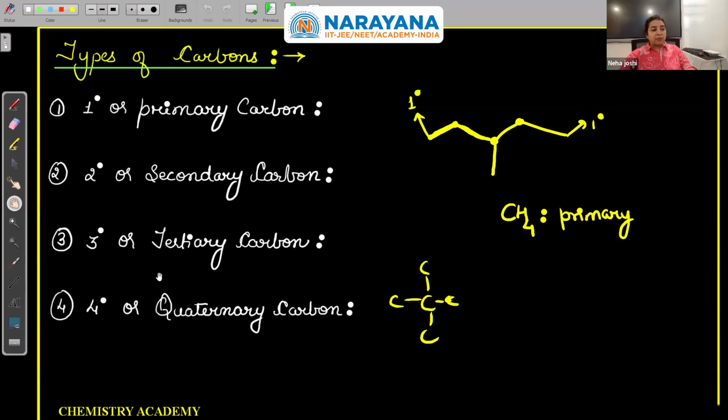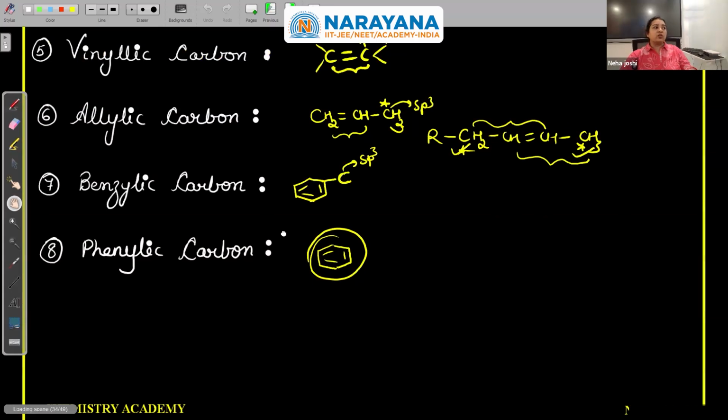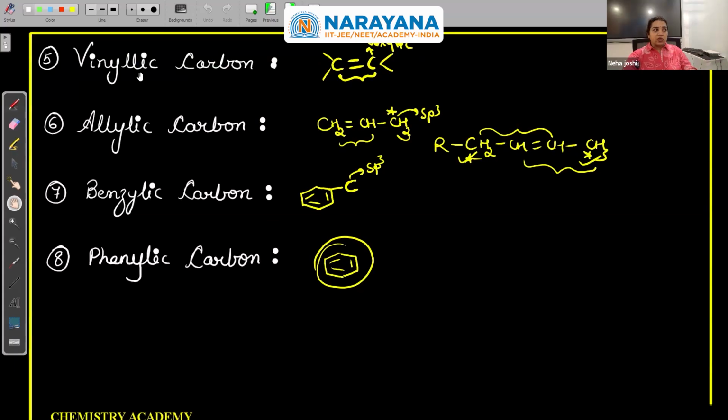Then we have the types of carbon. Please remember this is a general definition that we are using but modified as per the latest NCERT. 1 degree or primary, okay, when the carbon is further connected to either one more carbon or no carbon, and as per that methane is now taken as a primary carbon. 2 degree when a carbon is further connected to two more. 3 degree connected to 3, tertiary, then 4, and so on. You must be aware of this terminology also.